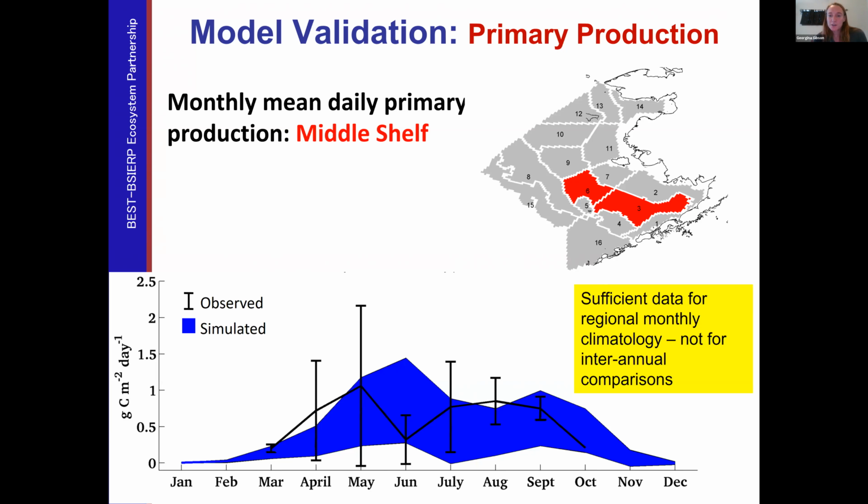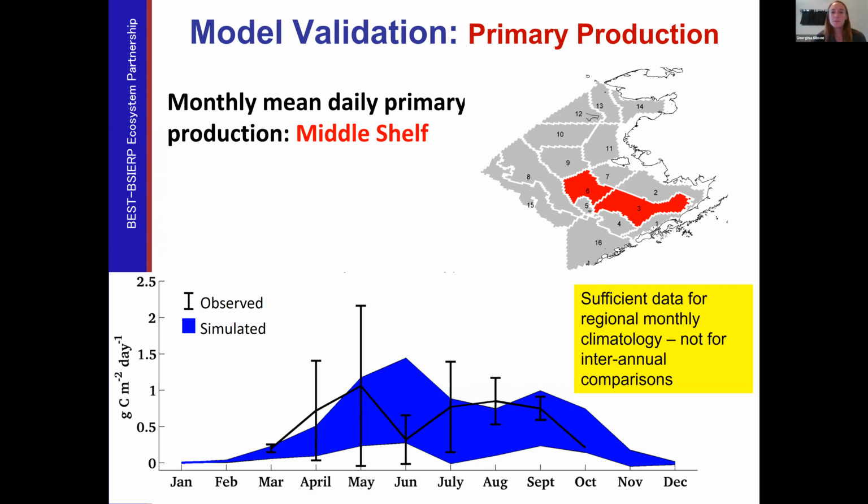So that was nitrate. Looking at primary production, we did a similar kind of thing. I'm just going to show you a time series here though. I had to group the primary production data for 2 regions on the shelf break. The blue is my simulation with its error bars, and then the observed. You can see that in general, we are capturing that 2-peak trend. There's a little bit of a lag. But again, we feel like we're getting the climatology okay, but we didn't feel like we had enough data for interannual comparisons at this point.